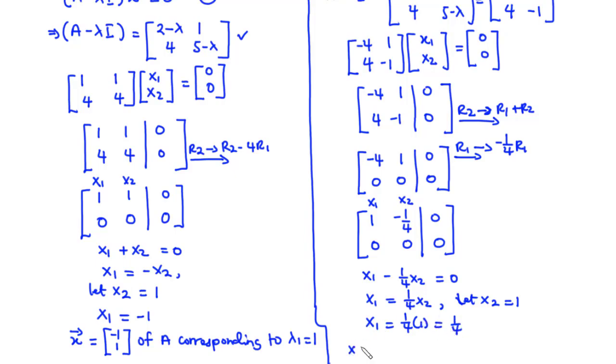Therefore, we say that the eigenvector which has components x1 1 over 4 and x2 1 is the eigenvector of A that corresponds to lambda 2 equals 6. So in summary, we have the eigenvector negative